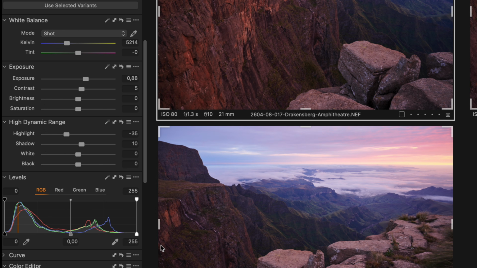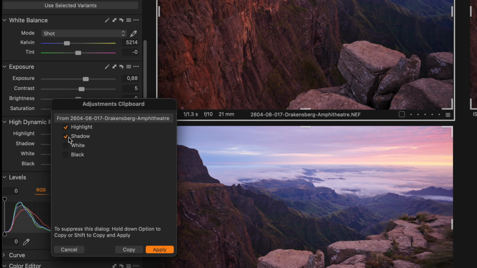Now, like the Adjustments Clipboard, when I click on one of these, I can opt out of using both or I can include everything. But what is important over here is that if I have a whole bunch of images and I only want to apply, for instance, a white balance, I can go to an image even after all of the others have been edited, and I can then adjust my white balance and apply just the white balance across to all the other images, essentially syncing them so that the color remains the same across the series of